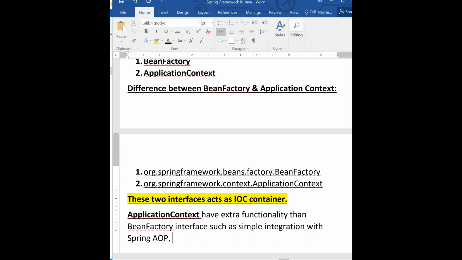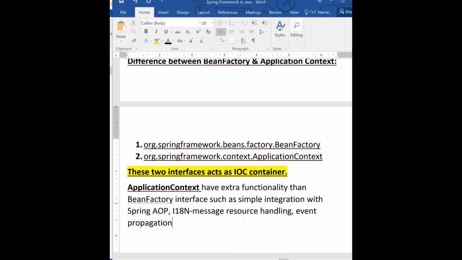We have message resource handling, I18N, which is a message resource handling feature that is in the application context. Some event handling and propagation features are there.